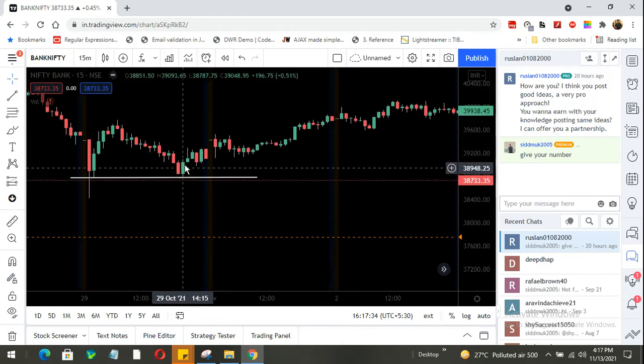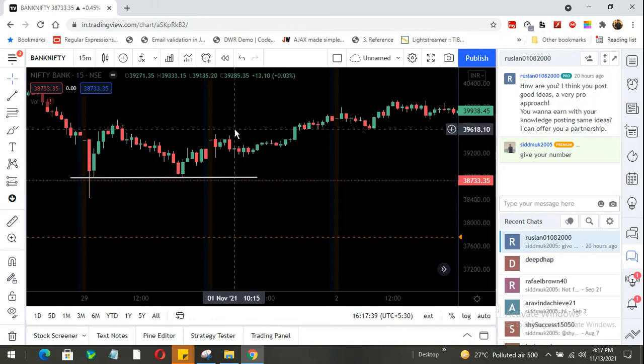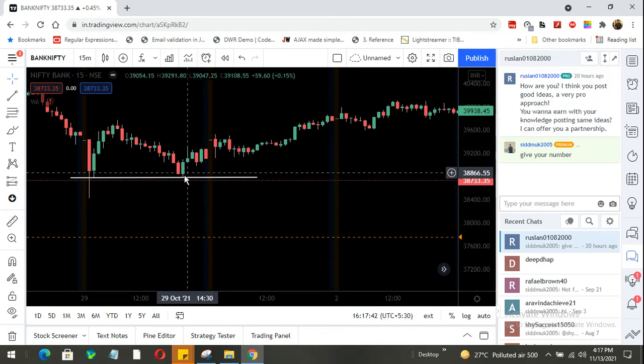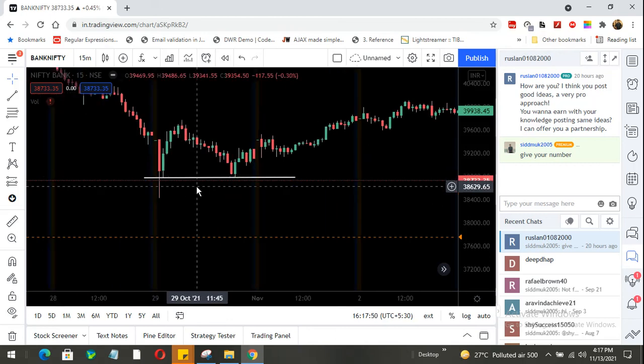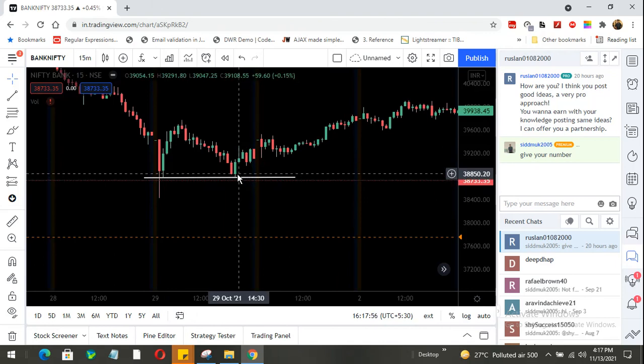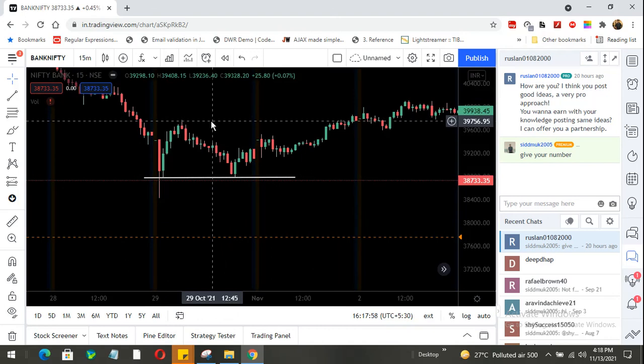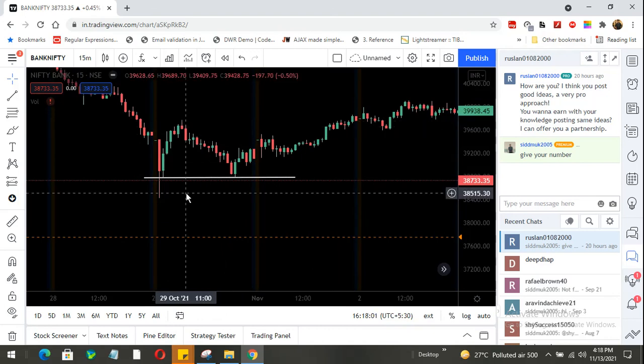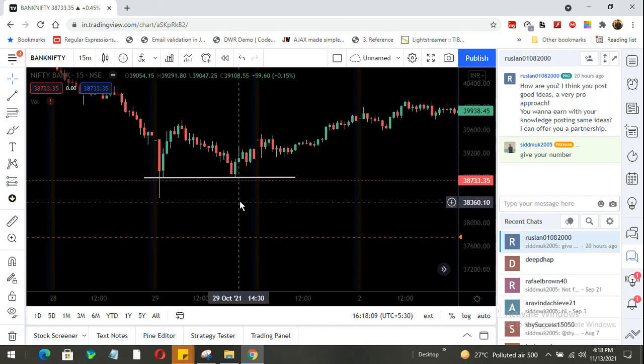What is your stop loss? Stop loss at least 1% from here. 1% at least. Otherwise, trade with hedging. What you will do here is buy the future and short the call, so your profit will be limited, but the loss will be limited as well. Otherwise, short the put of 38,700 or 38,400, and buy the 38,000 put for hedging. That is a bull put spread.